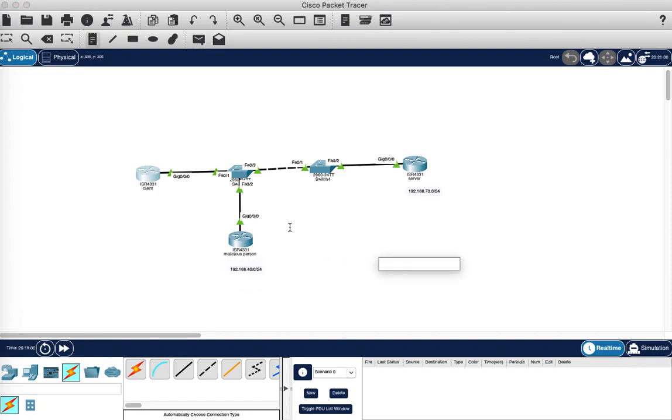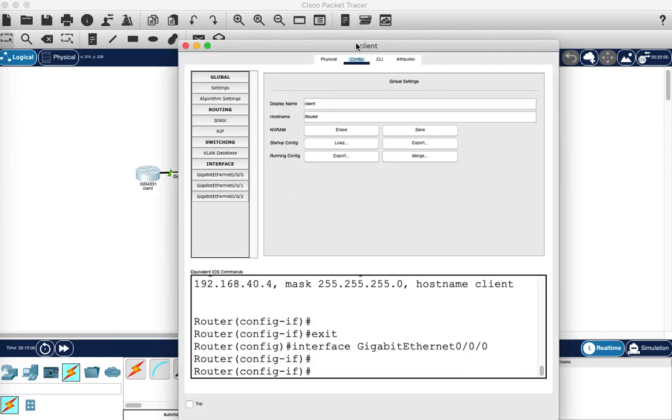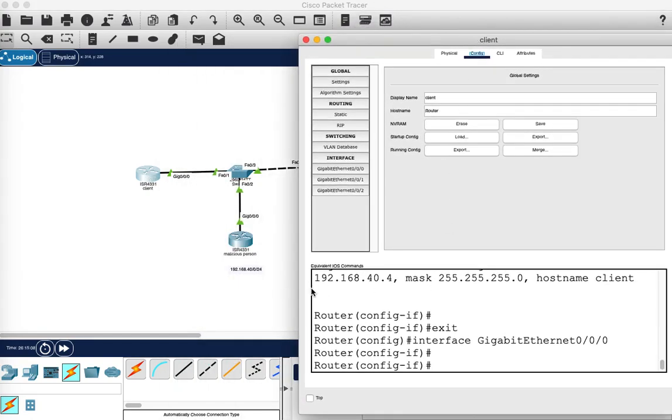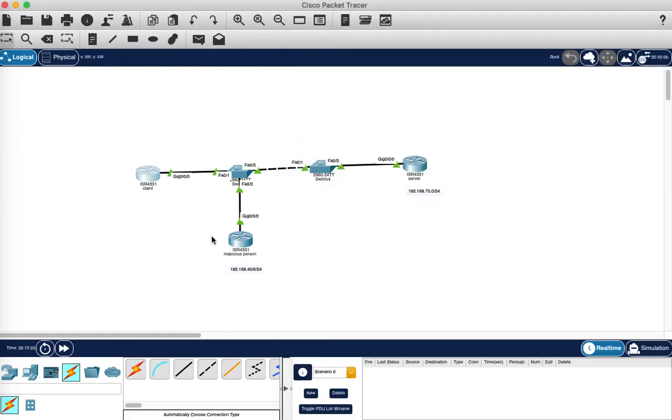So as you can see, the IP address which was assigned automatically was the IP address assigned by the malicious person, because its network is the same 40 network. So this is the IP address which was assigned to the client by the malicious person